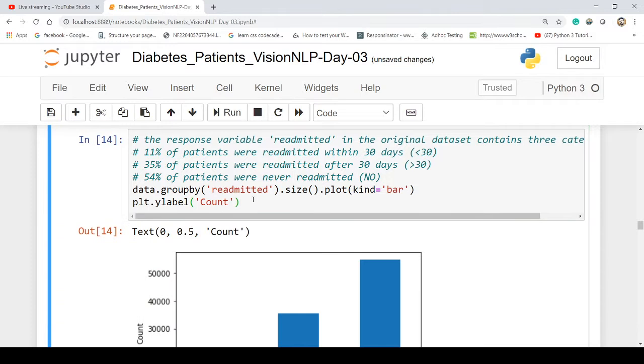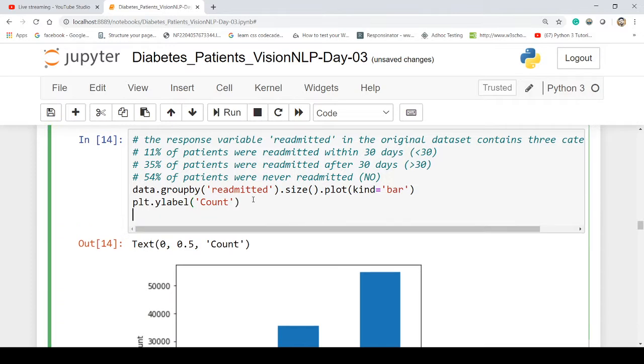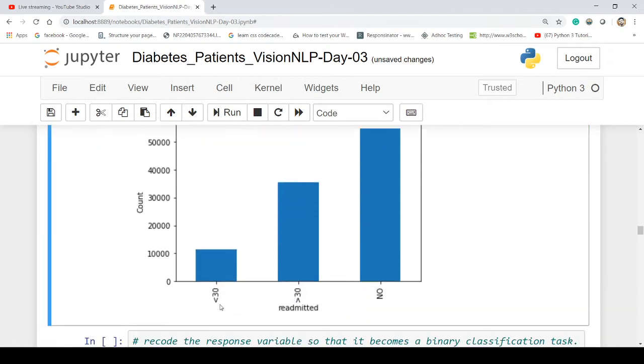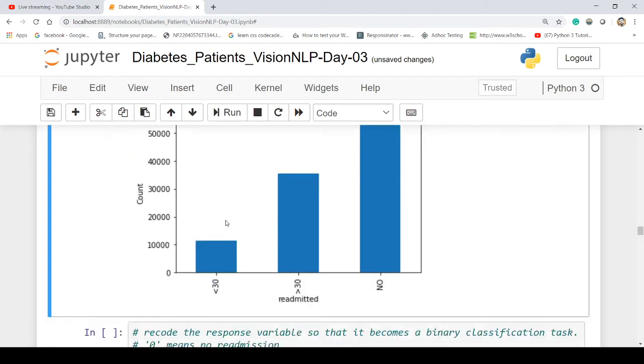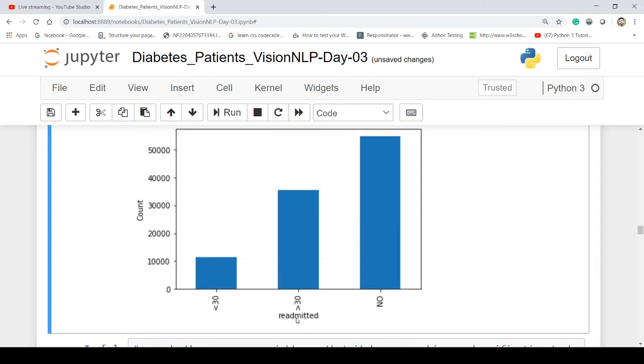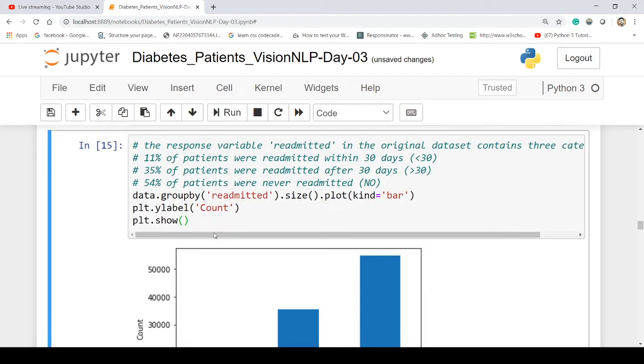We can just plot a graph. So yeah, this is some kind of visualization you can see: the less than 30 days people, the readmitted people, and then no. So this is the distribution among these three categories,